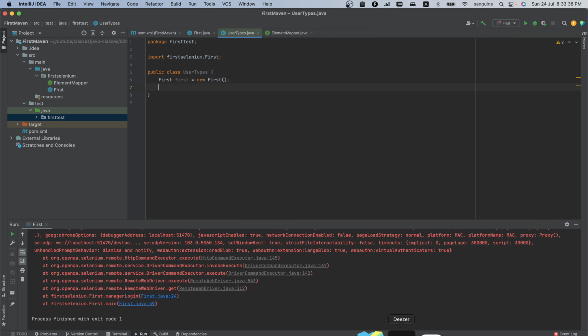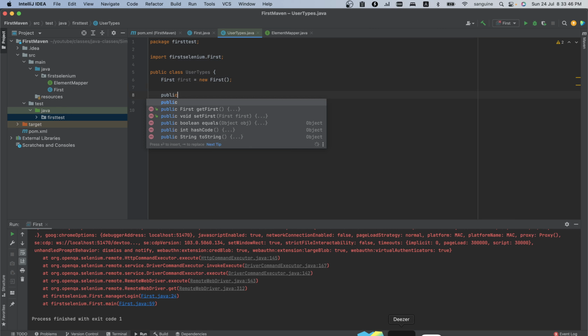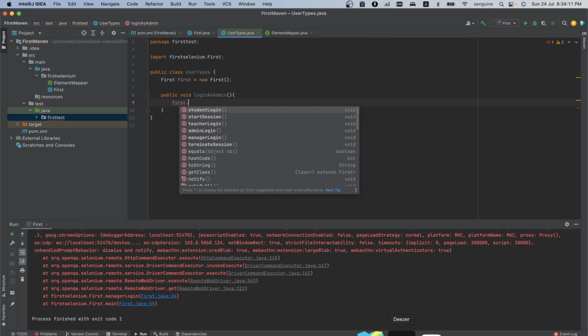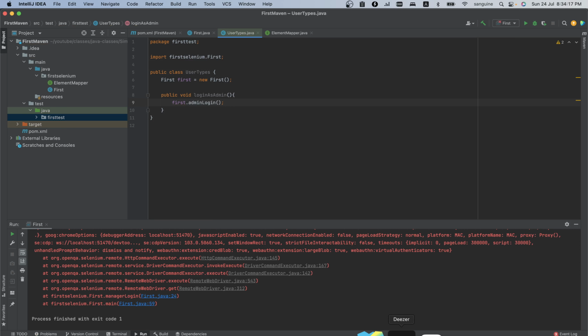Of course, we can easily just create a method here and call this public void login as admin, right? And in this, we can have first, and this one will be admin login, right? But this won't work